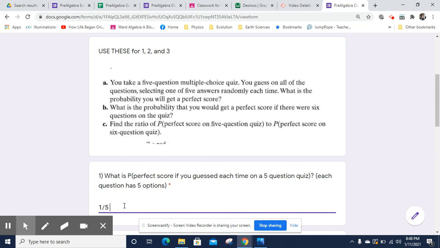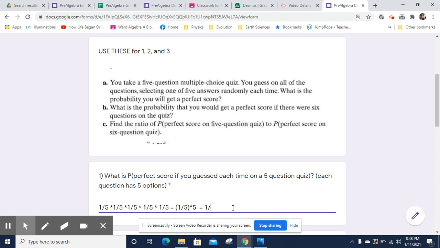Well, that's going to be 1 out of 5 times the next time, 1 out of 5 again, times 1 out of 5, times 1 out of 5, times 1 out of 5. Okay, so that's 5 of those. And since it's all 5 of the same factor, we could rewrite that as 1 out of 5 raised to the 5th power. Okay, so let's work that out. So 1 to the 5th power is going to be just 1, and 5 to the 5th power